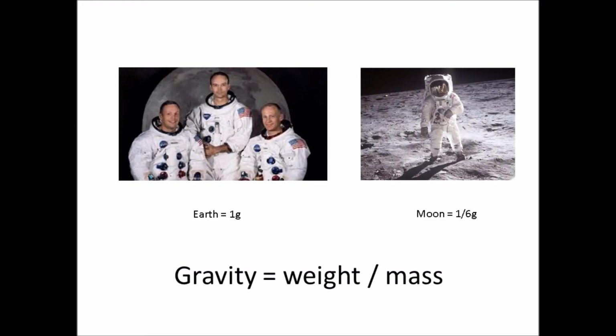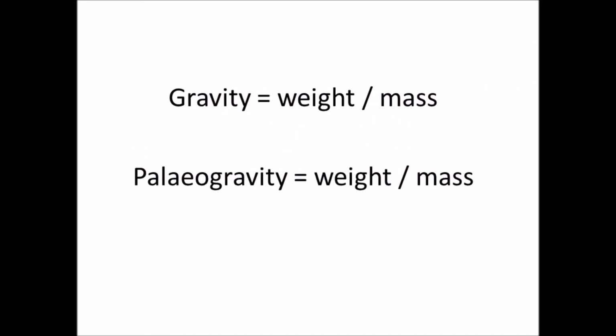Measuring surface gravity today is a simple scientific procedure. Only two measurements are required: weight and mass. We can measure the weight of a known mass and then use these values to calculate paleogravity. On Earth, astronauts weigh a given amount. On the Moon, they weigh only 1/6 what they did on Earth, but their mass has stayed the same. We can therefore measure paleogravity with a simple weight-mass formula.